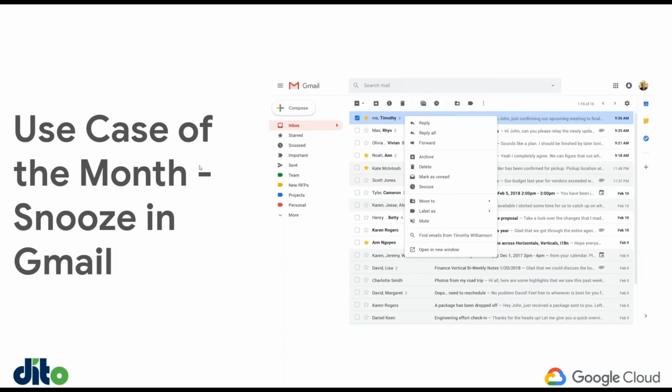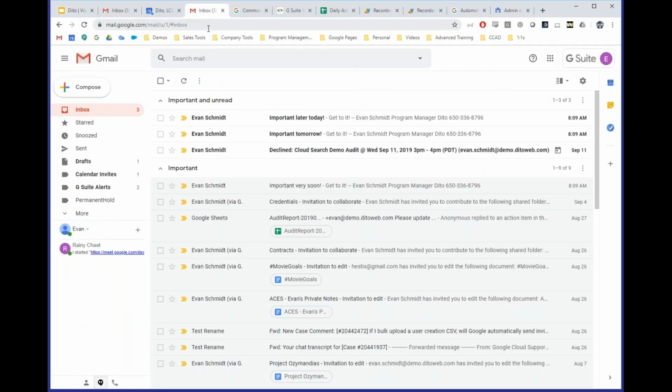So for the use case of the month, I wanted to talk about Snooze in Gmail because it's something that many of our users are aware of and using heavily. And some of our users found out about it and said, "Oh my God, this changes everything," which is probably hyperbole, but that's okay. This also is a nice happy marriage between showing a cool, simple use case